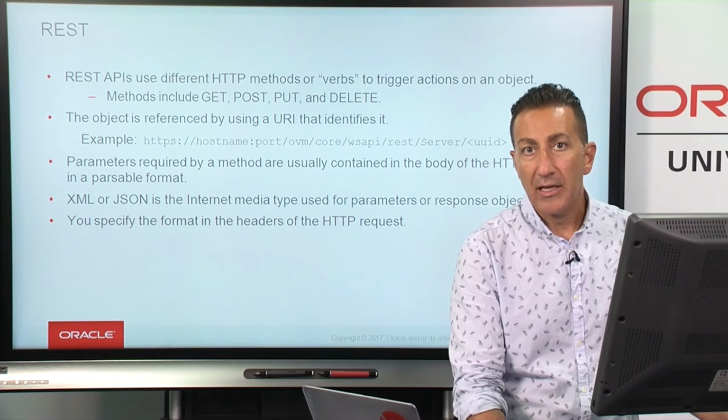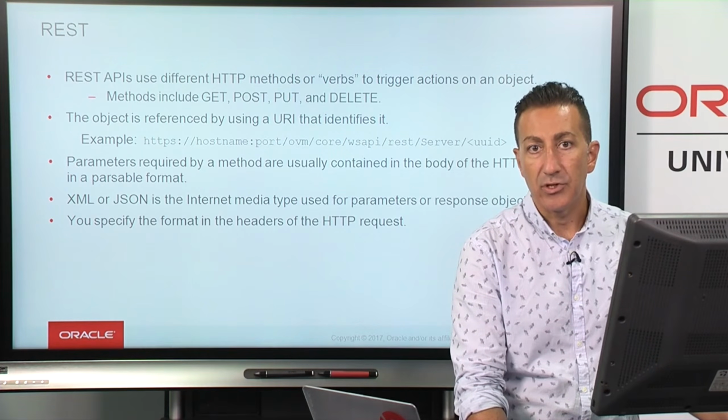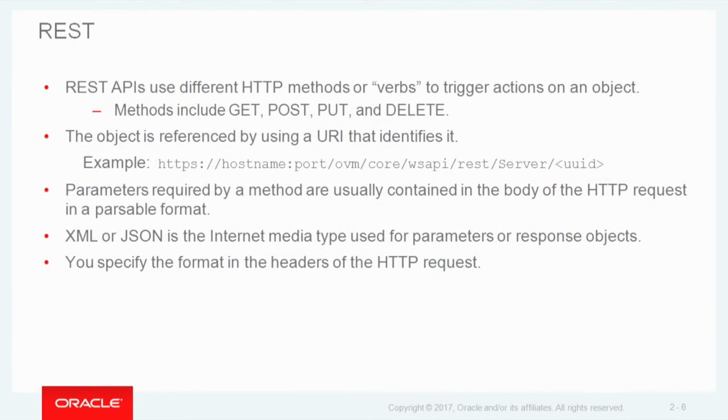Well, the way that we create the request using this method, the object is referenced by using a URI, a Uniform Resource Identifier, that identifies it. So in this example, you see that we use the encrypted protocol, HTTPS. We need to provide the name of the Oracle VM Manager host. The port, remember, by default is 7002. And after that, we need to provide this virtual path, the OVM core